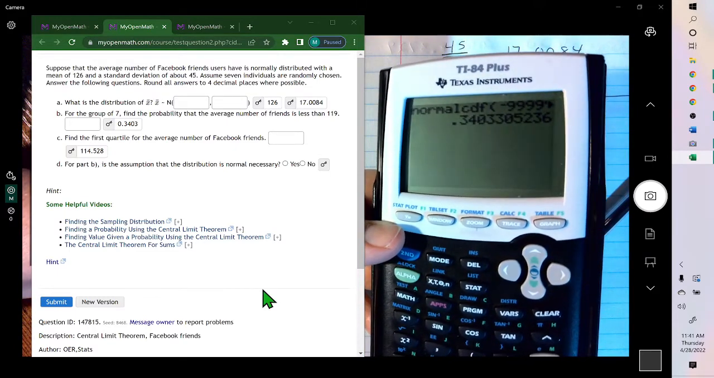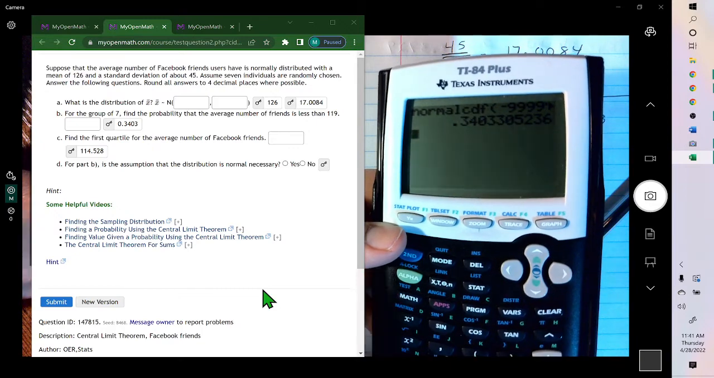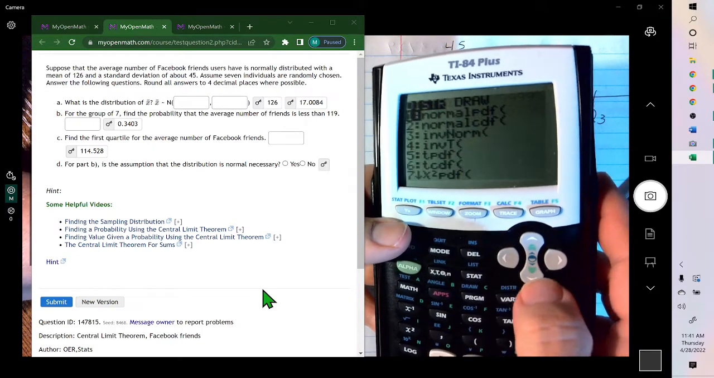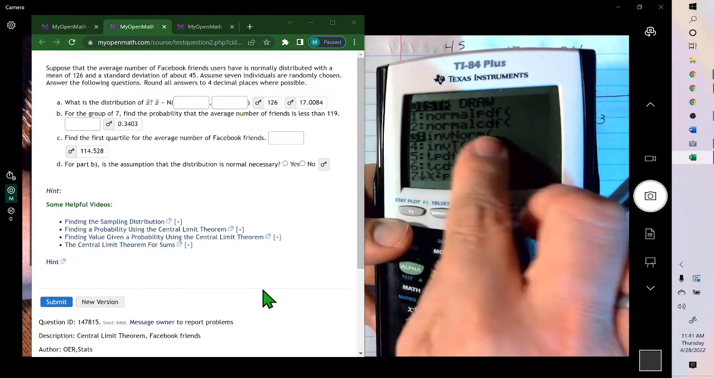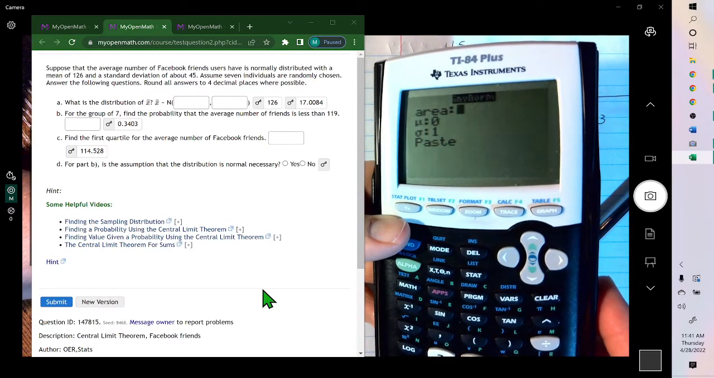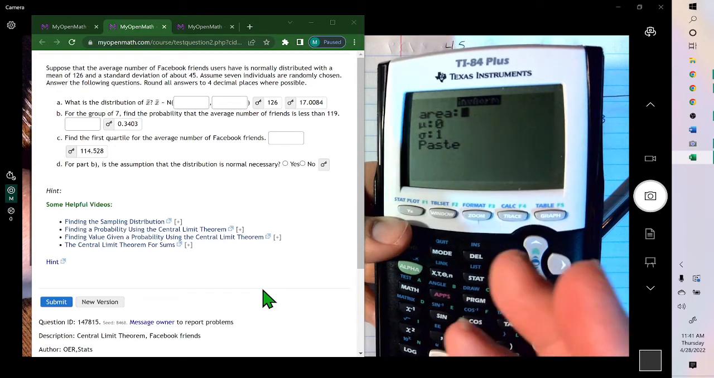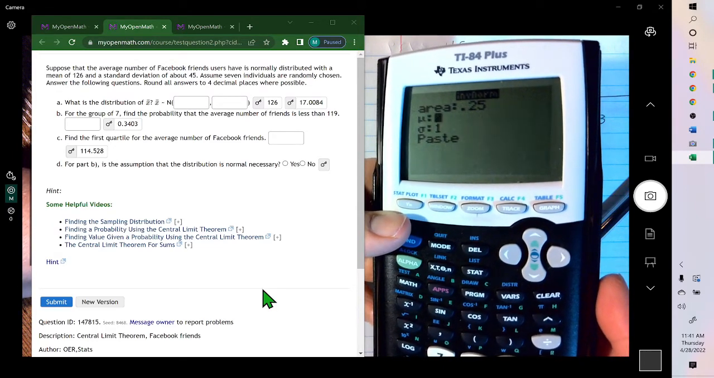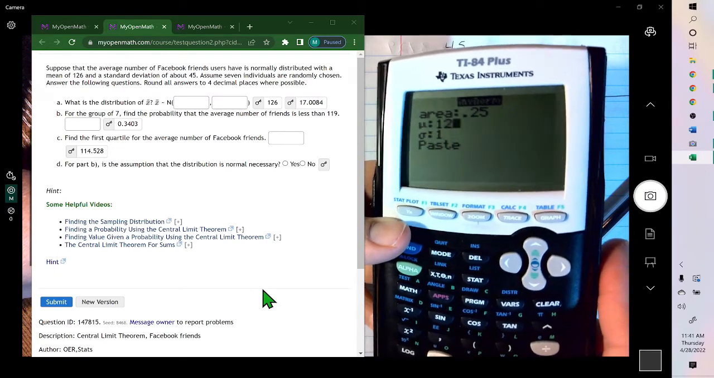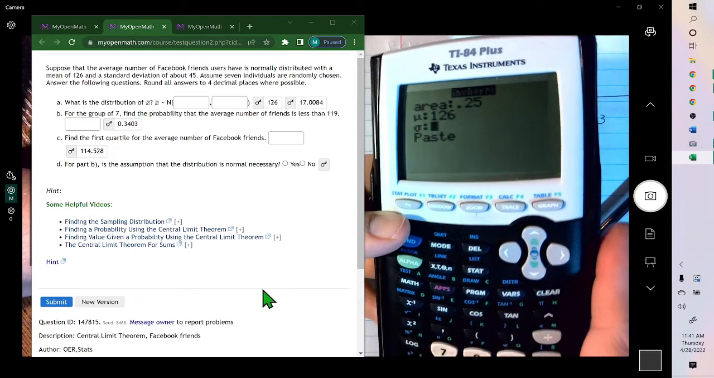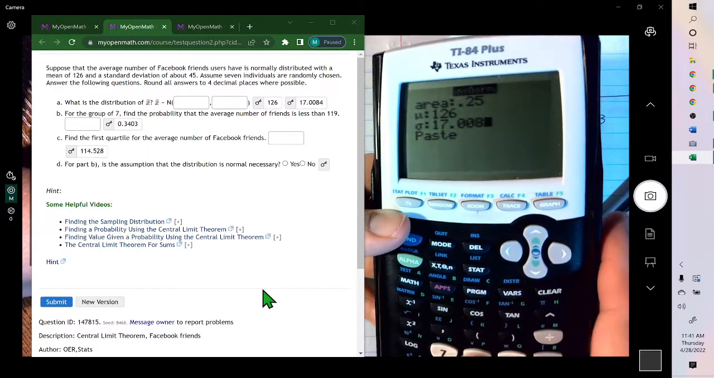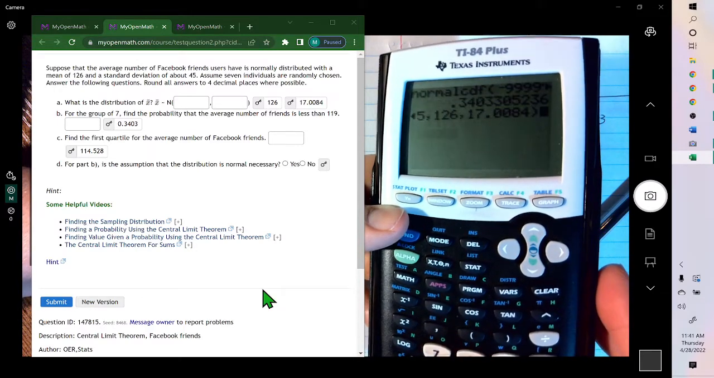But there you go. Then for the other one, when you're trying to find the number and you have the percent on the calculator second distribution, it's inverse norm. Your area for the first quartile, 25% of the data is below it. Your mean, 126. And the standard, 17.0084. That is